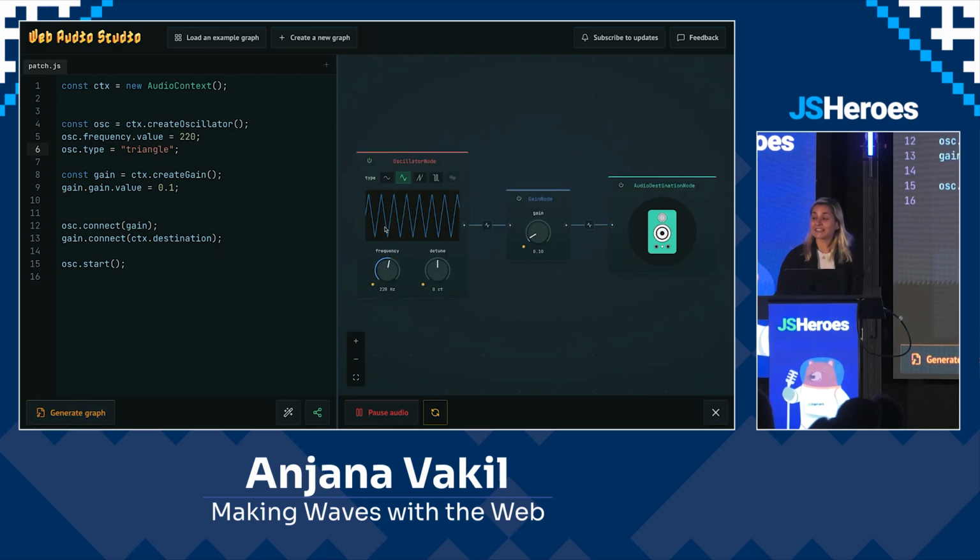All right. And what we can see in the amazing Web Audio Studio that I love so much is we can see the actual shape of the wave changing here. And as a shortcut, I can click these little buttons to switch between the different shapes. And I can turn the gain up a little bit so we can hear a little bit more. Different, right? This one is called a square wave. Oh. And then the sawtooth wave is very fuzzy.